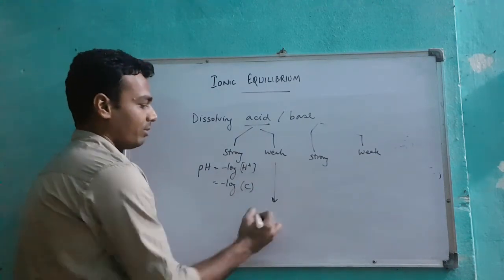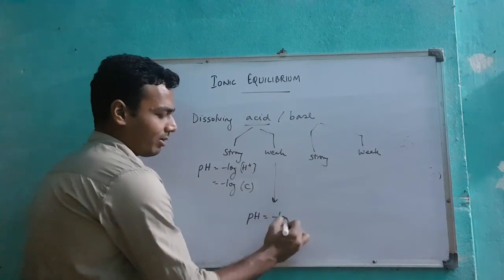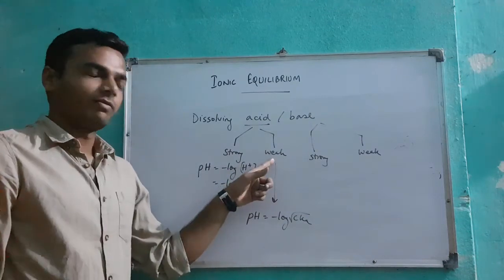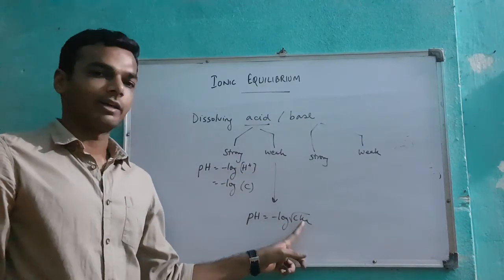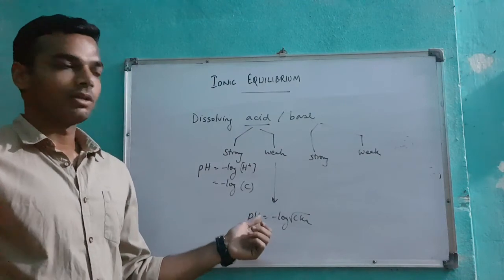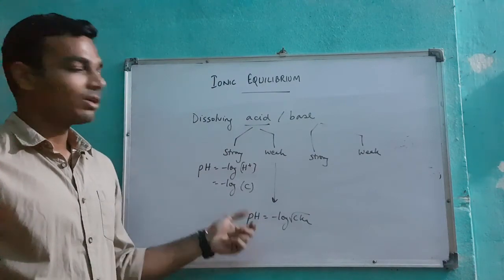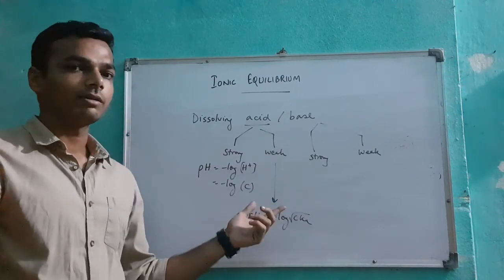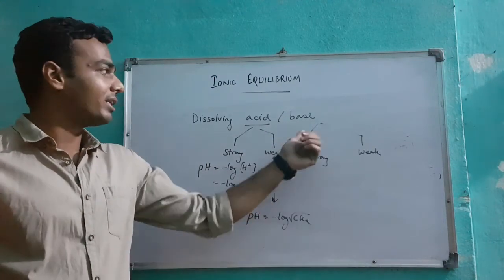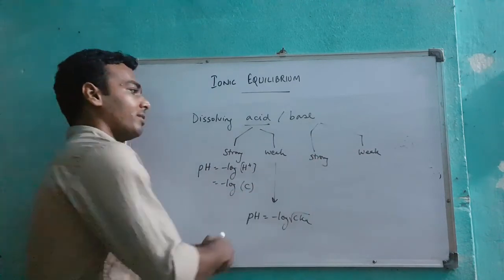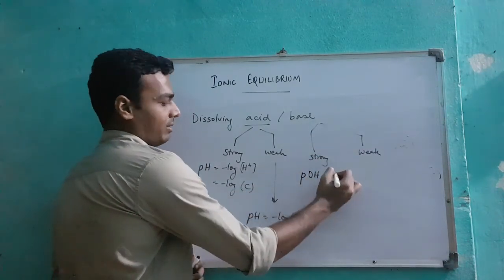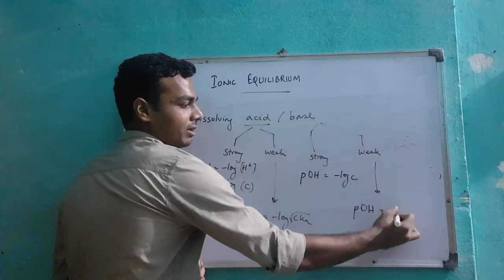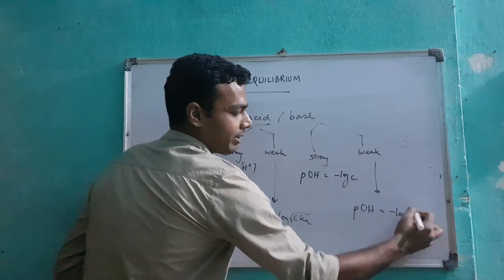For weak acids, as I found out, I got minus log root CKa. As you can see, the weak acid depends on the value of Ka. That would give you the pH. So finding H plus here, going through the same derivation again for bases, I will find the same formula repeating for the OH minus produced in the case of bases. So here I will get pOH instead, as minus log C, and for weak I'll get the pOH instead as minus log root C into Kb.